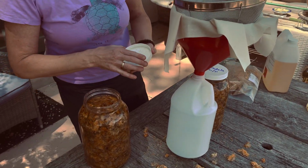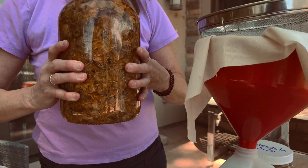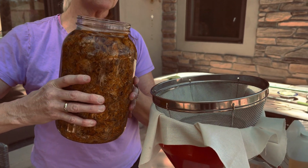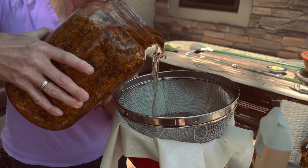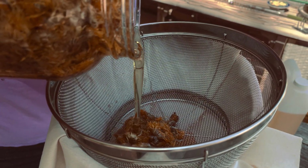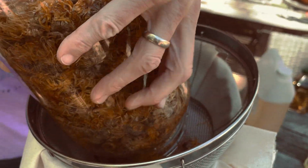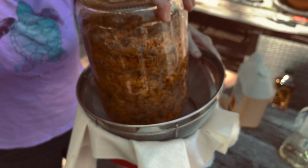Let's screw this lid off. And like I said, this has not been shaken, this has not been stirred, this has just been sitting in a sunny window for a little bit more than 30 days. So I'm just pouring this in. And you can see, now what I'll do is I'll actually just turn this upside down,